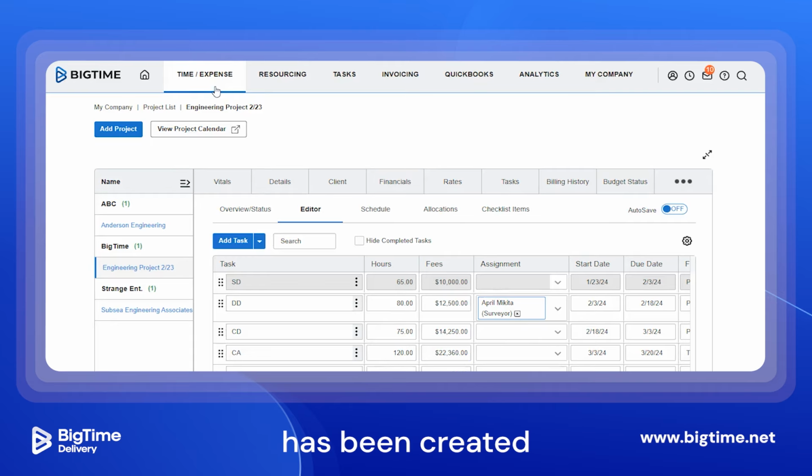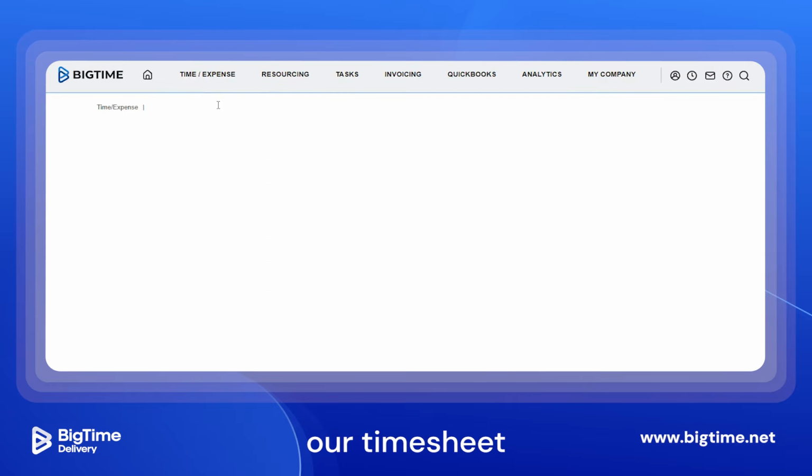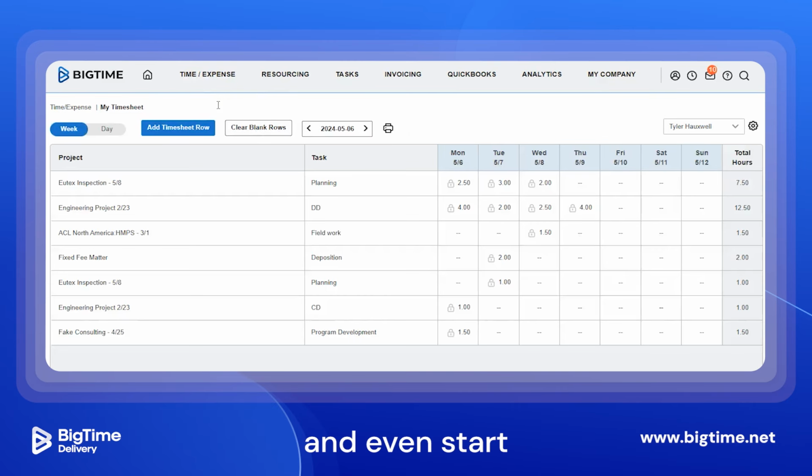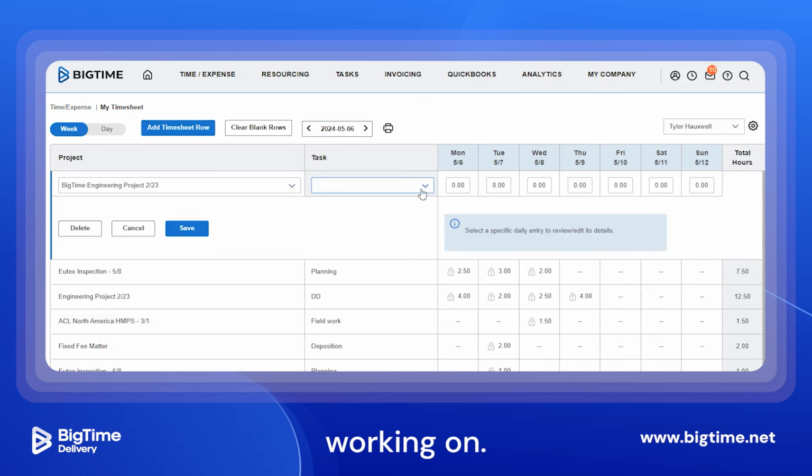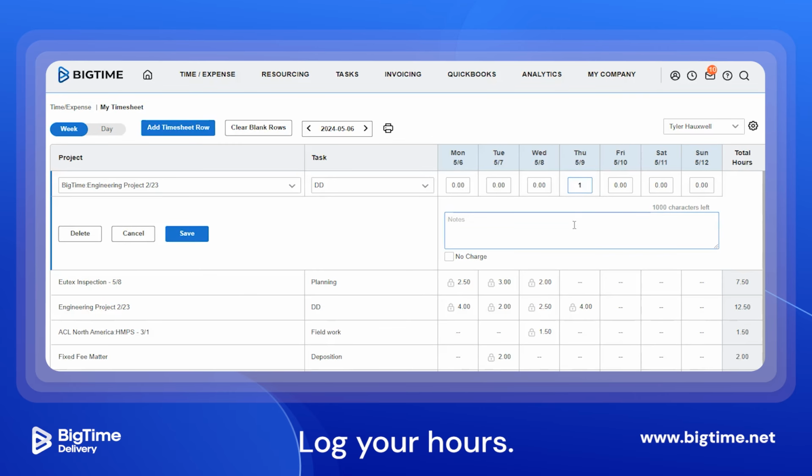Once a project has been created and set up, it immediately appears in our timesheet to start logging our hours and even start tracking expenses against this. All you've got to do is come in here and find the project that you're working on, select that task from the work breakdown structure that you've just created, log your hours, make sure you're taking very good notes, and